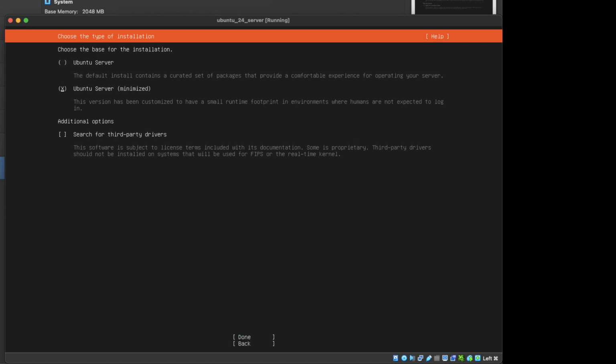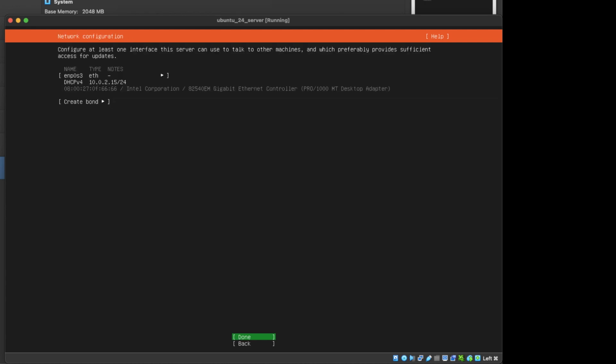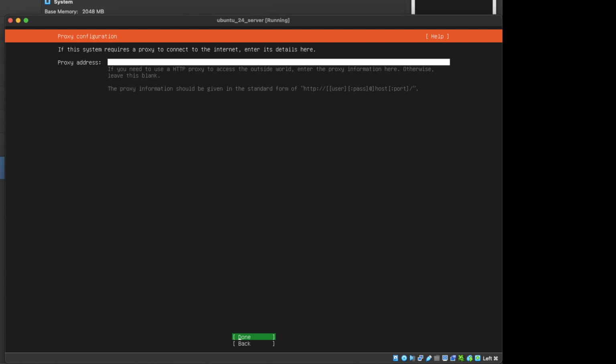So I'm going to choose the Ubuntu server minimized, and then we can choose done and continue through with our selection of our network card. And we can see there the 10.0.2.15 IP address where we put the port mapping in earlier.